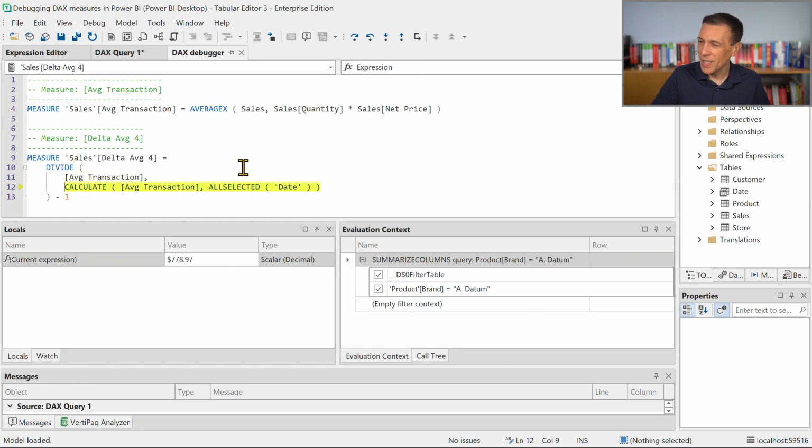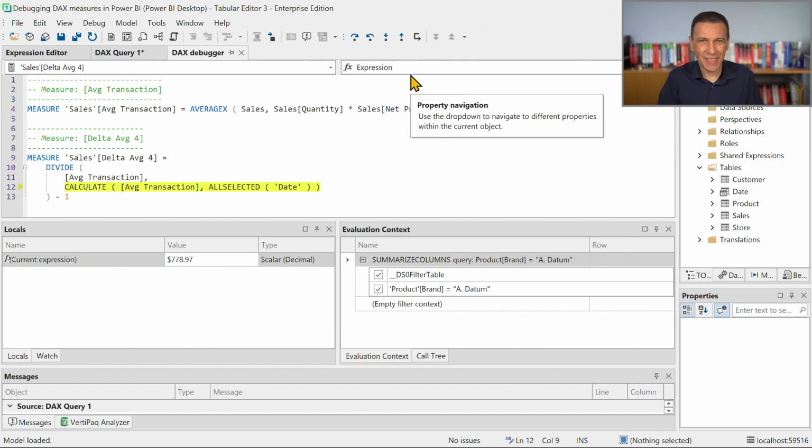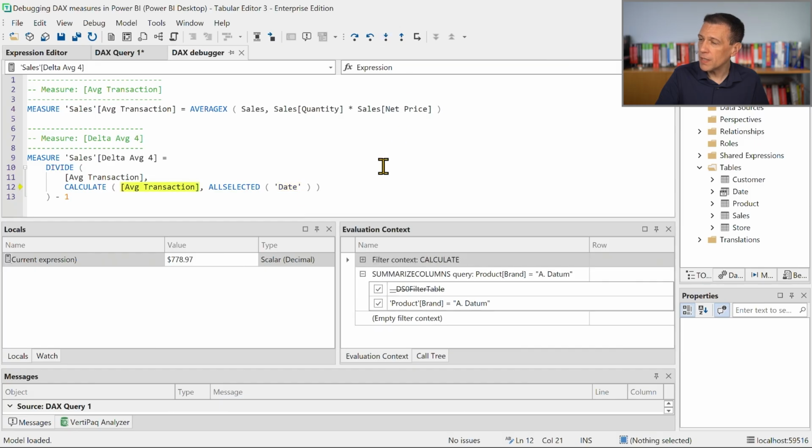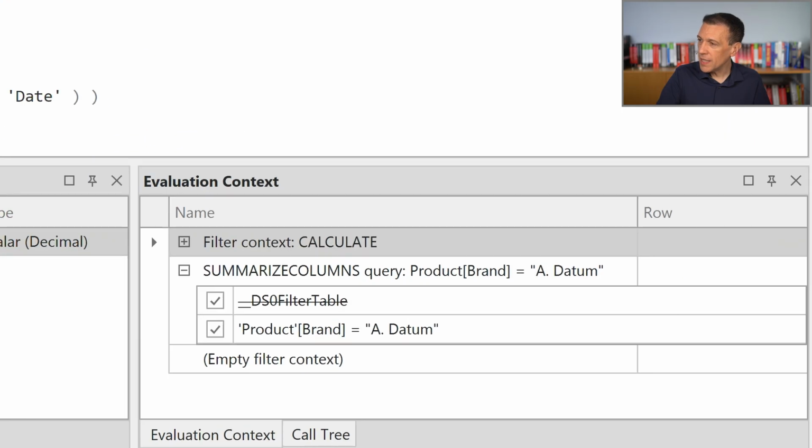I still have to practice and remember all the shortcuts, but I wanted to use the buttons because if I use the function button, it is not clear what I'm doing. So now I step into again, and you see that at this stage we are going to execute all selected, and we don't see anything in the filter context. But as soon as I step into the next argument, average transaction,